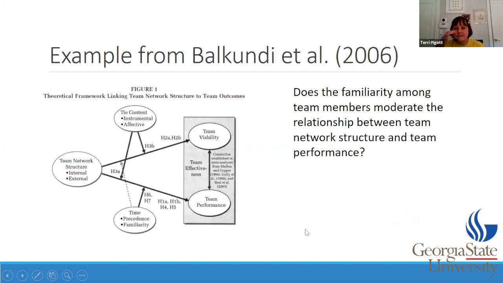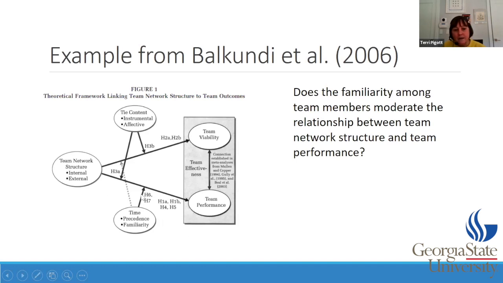And I wanted to give an example from the Balkundi review. This is the one that's looking at characteristics of the team network structure and team performance. And so this is a figure from the Balkundi article that's giving a theoretical framework for the meta-analysis. So if we just look here at this link between the team network structure and the team performance,